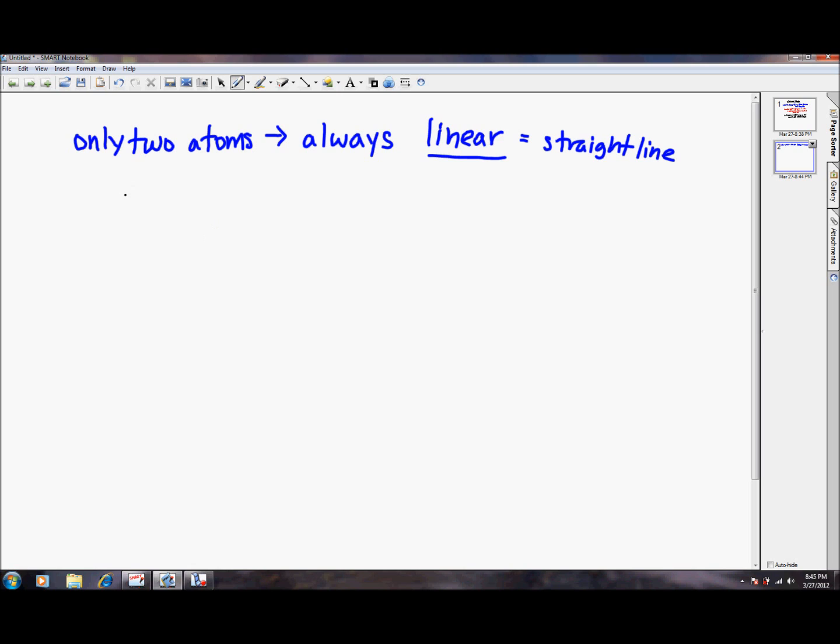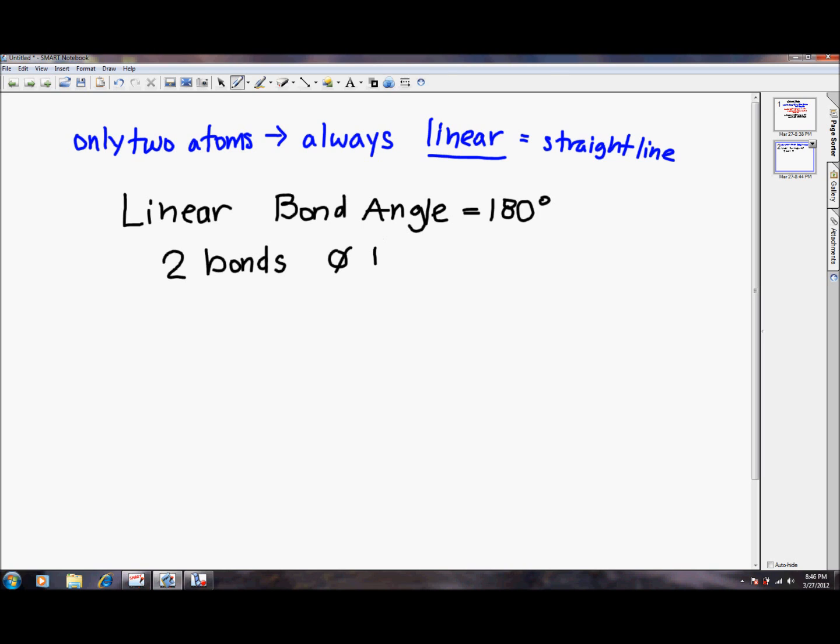Alright, so our first shape is the linear shape. In this one, the bond angle is 180 degrees. This is going to be two bonds, 0 lone pairs. So there's no lone pairs, and there are two bonds on the central atom. It will be a linear molecule. So let's look at a couple of examples. The first one we're going to do